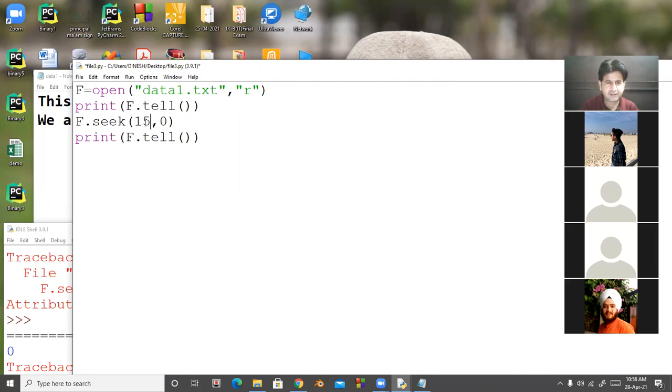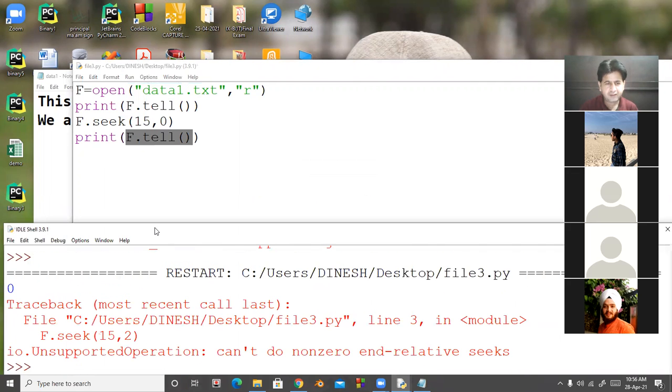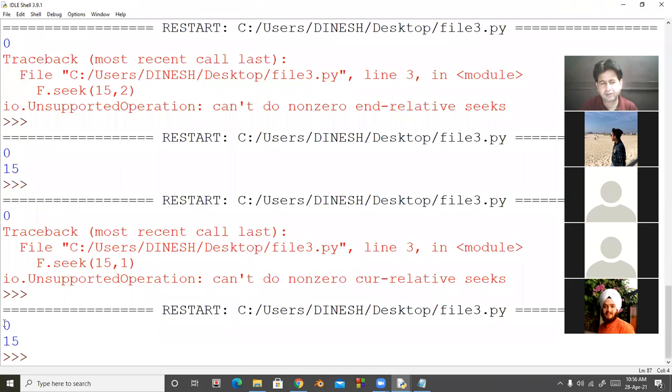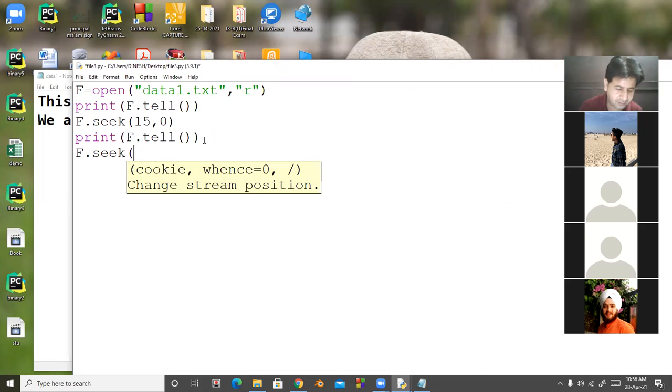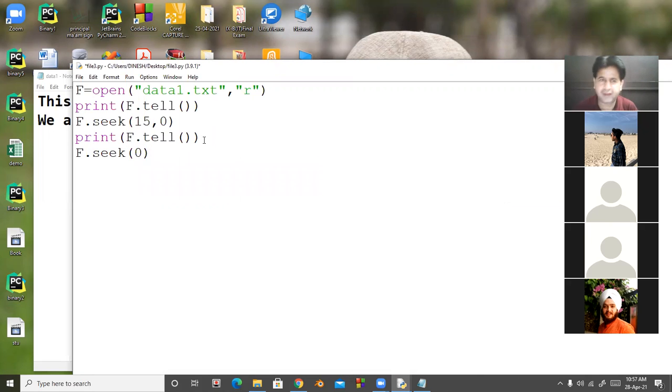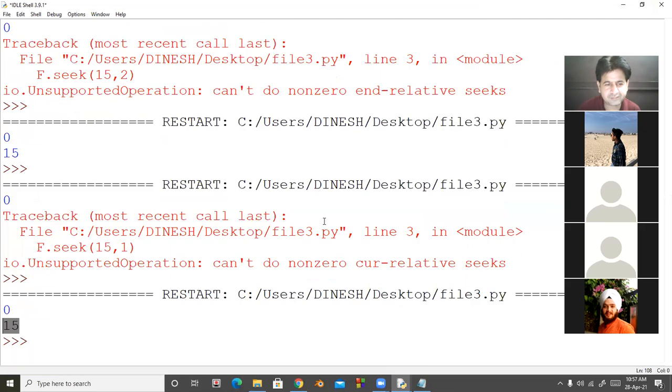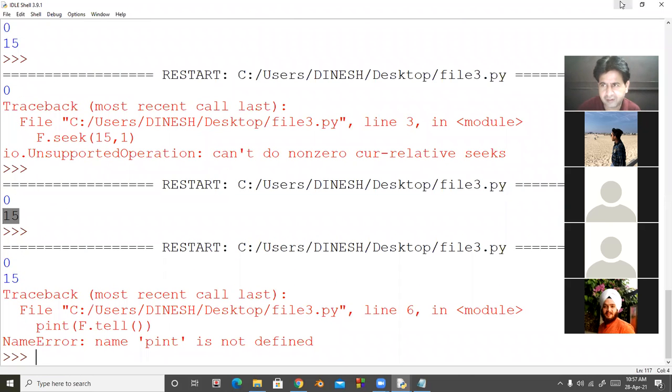We go to the 15 location and then tell what is the location. Now I'm running the program. So in beginning, it is in 0 location, then 15. It moves the cursor to a particular location. And if I am using again f.seek(0), it means beginning of the file, and then I print f.tell() function.